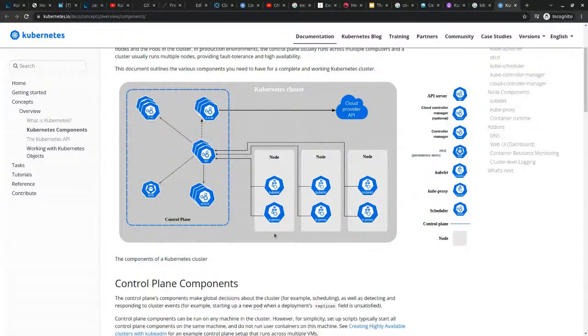There is a control loop running all the time, a simple control loop. If I said I want 2 replicas of Nginx, how can Kubernetes make sure? Basically the deployment has a deployment controller, and the deployment actually creates a replica set, and the replica set controller keeps an eye on the spec, and the spec says I need 2 pods. So if there are less than 2 pods, it will create a pod. If there are more than 2 pods, it makes sure that it will delete 1 pod, and so on and so on.